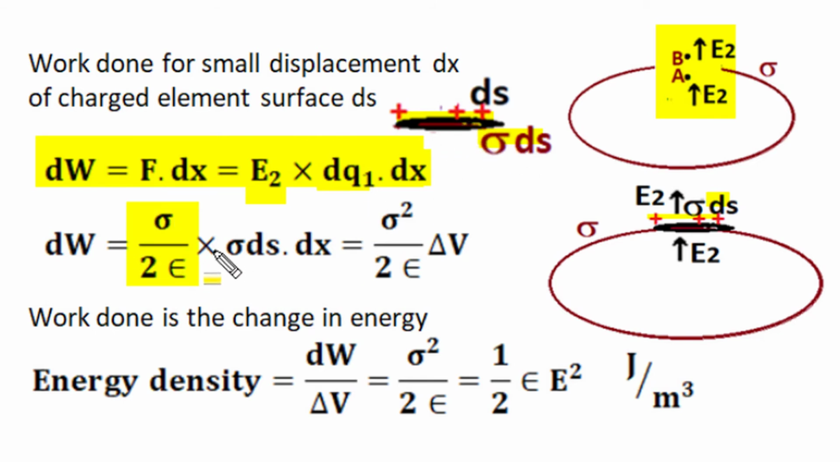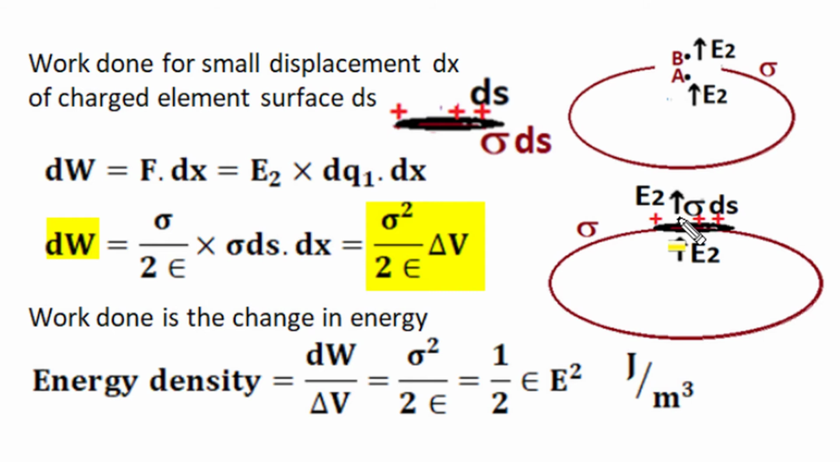The charge of the elemental surface area is sigma ds, and for elemental displacement dx, the total amount of work done is sigma square upon 2 epsilon. This sigma and sigma when multiplied becomes sigma square, and ds is this elemental surface area and dx is the displacement of that surface area. So delta V is the change of volume of this surface area, and now this work done in the electrostatic field gets converted into internal stored potential energy of this charged distribution, and we can find the energy density in this charge distribution as work done per unit volume, and when this is divided by the same volume,